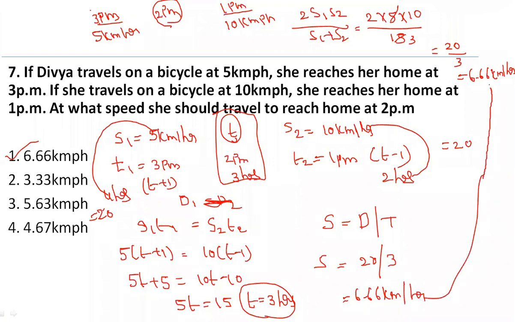Did we get the same using the shortcut and the conventional method? Yes. So we can use any form to answer the question. But whenever we observe that the time they're asking is exactly the middle value of case 1 and case 2, we can go with the shortcut. And if they're not giving exactly the middle value, then quickly you can take either T1, or the actual time of 2 p.m., or T2 as reference. From that, you can write the other points of time, and you can use the same formula S1 T1 equal to S2 T2 to answer the question. Okay. Are you clear with